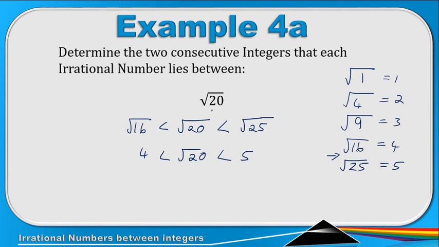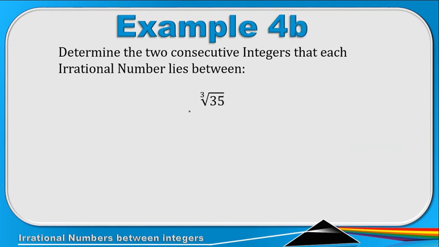Okay, in this case we've got a perfect cube. So what are our perfect cubes? Now this is how I'd recommend you'd actually write it out, even if you do it here at the bottom. We'll say 1 cubed is 1, 2 cubed is 8, 3 cubed is 27, 4 is 64, 5 is 125, and so on. All right, so if I want to find 35, where does 35 lie? 35 lies between